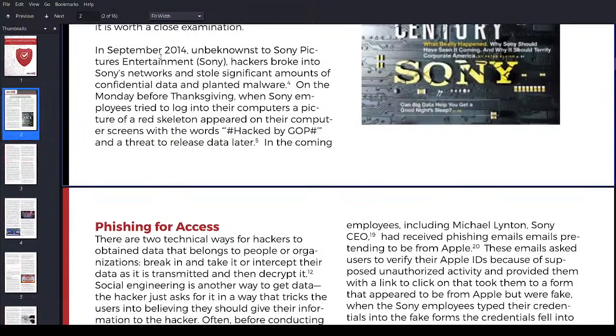In September 2014, unbeknownst to Sony Pictures Entertainment, hackers broke into Sony's networks and stole significant amounts of confidential data and planted malware. On the Monday before Thanksgiving, when Sony employees tried to log into their computers, a picture of a red skeleton appeared on their screens with the words "hacked by GOP" and the threat to release data later.